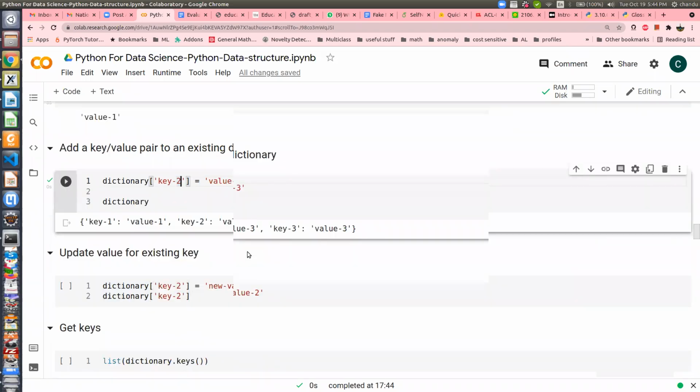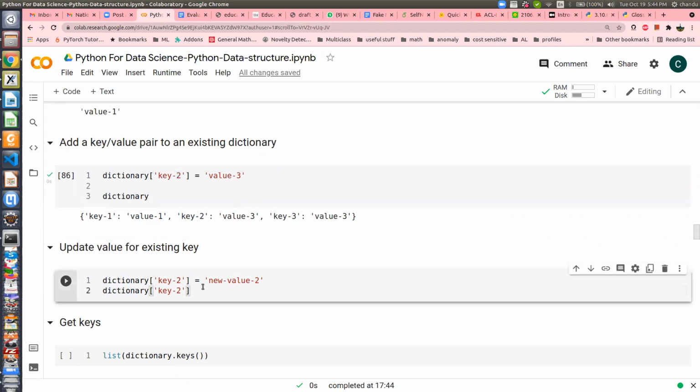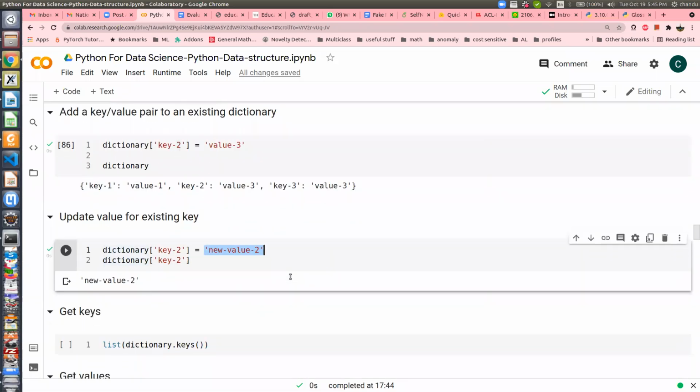So updating the value for existing keys is what we just looked at. If you want to update the value at a particular key, you use this square bracket notation and specify a new value for that key. It's very simple.